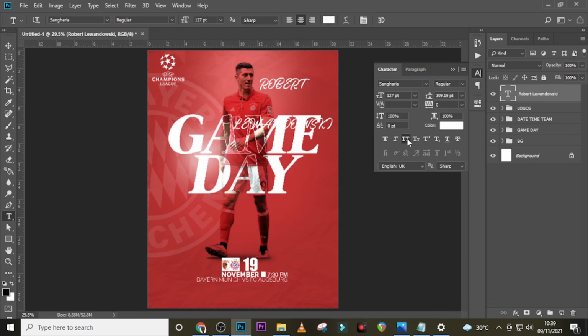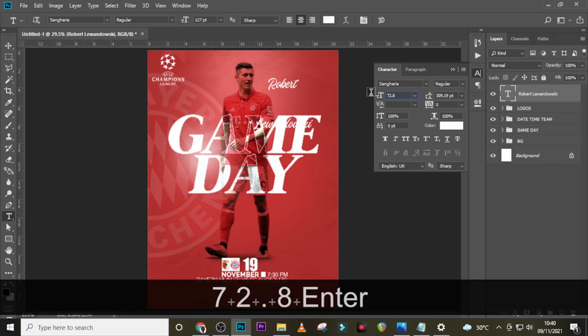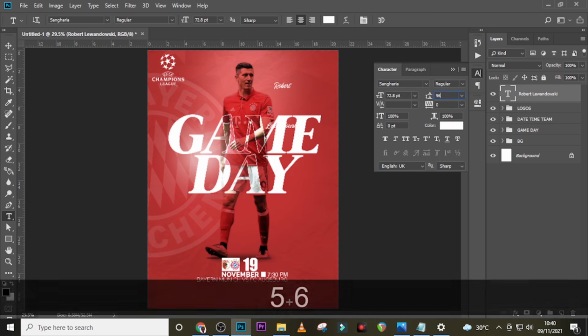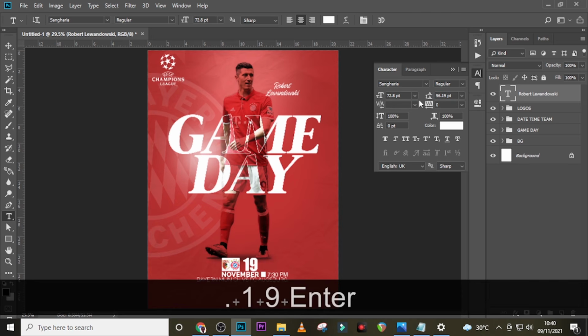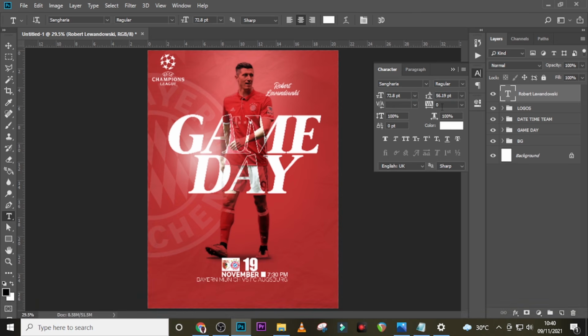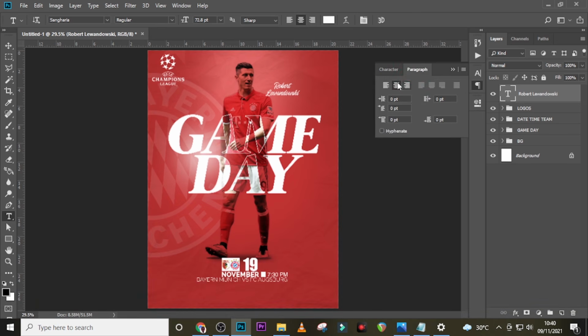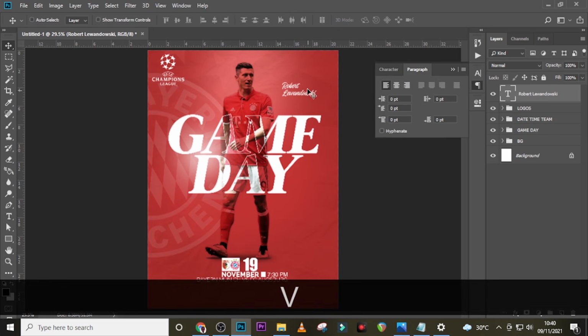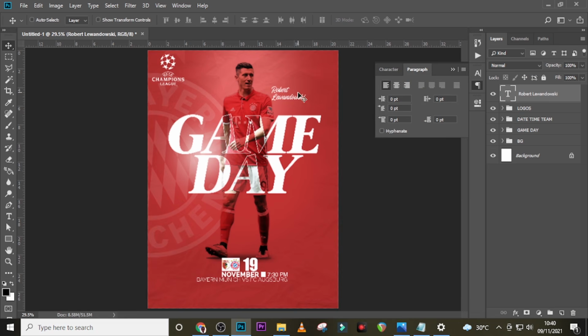Also make sure this is unticked, and then let's set the size to 72.8. Let's also set the leading to 56.19. Awesome. Let's set it to color white, the tracking to 0. Go to paragraph and set it to left aligned, and then drag it quite closer to the shoulder like that,